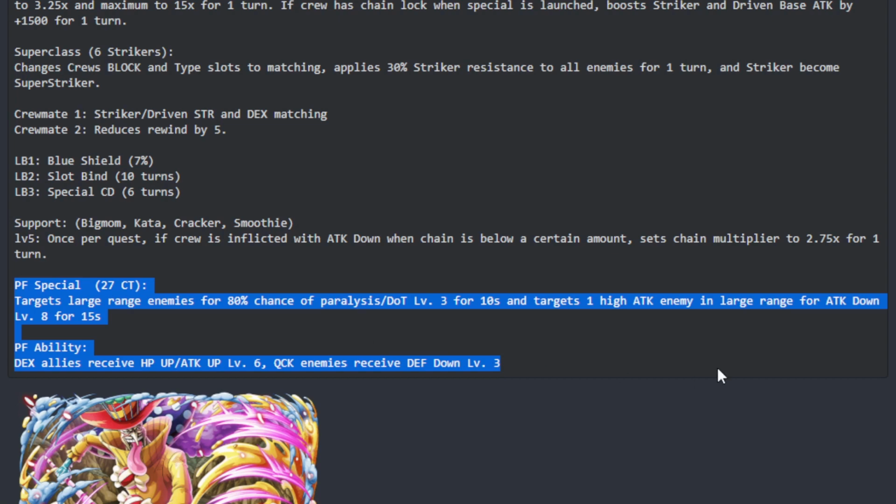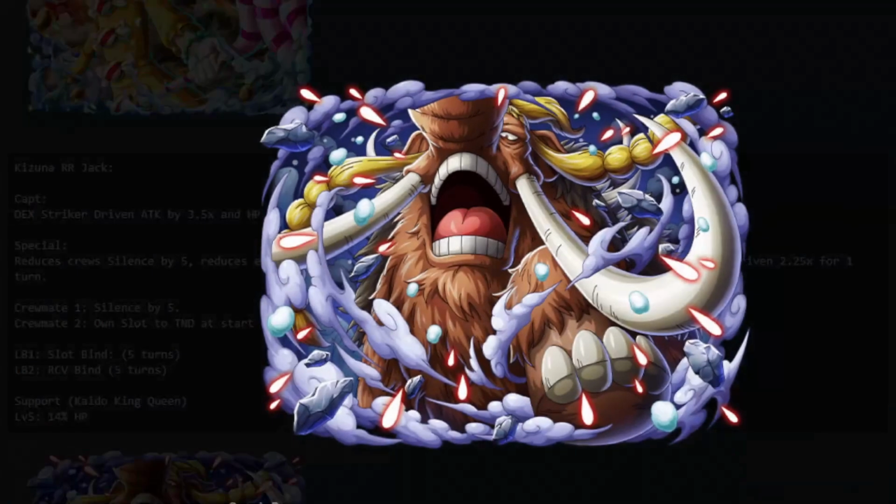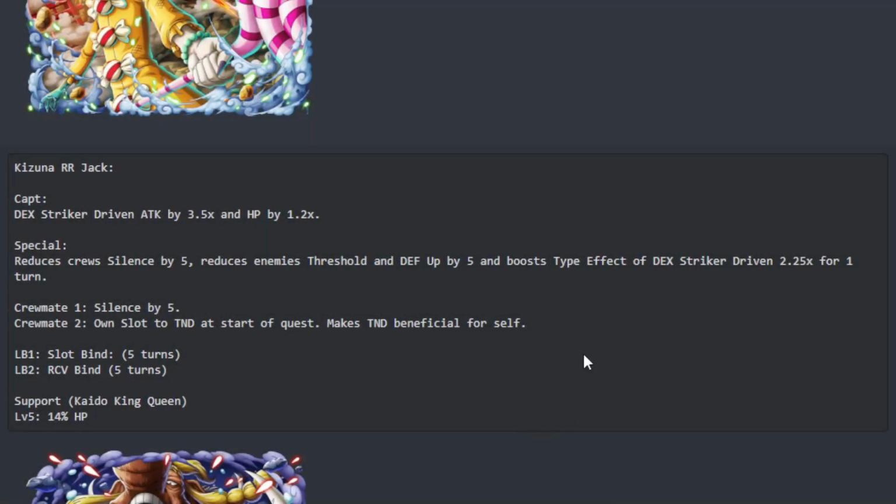This is trash. Dex did not need the help, but Strikers definitely did. I would have loved to have seen this be Striker-centric, but look, at the end of the day, it is what it is. As for Kizuna Rare Recruit Jack, the mammoth that takes on the Sulong dog, his captain ability,